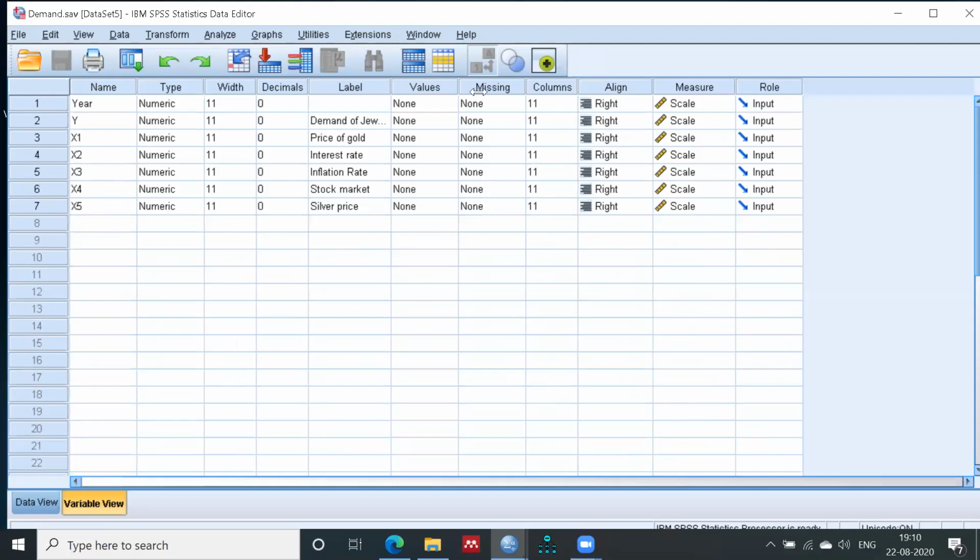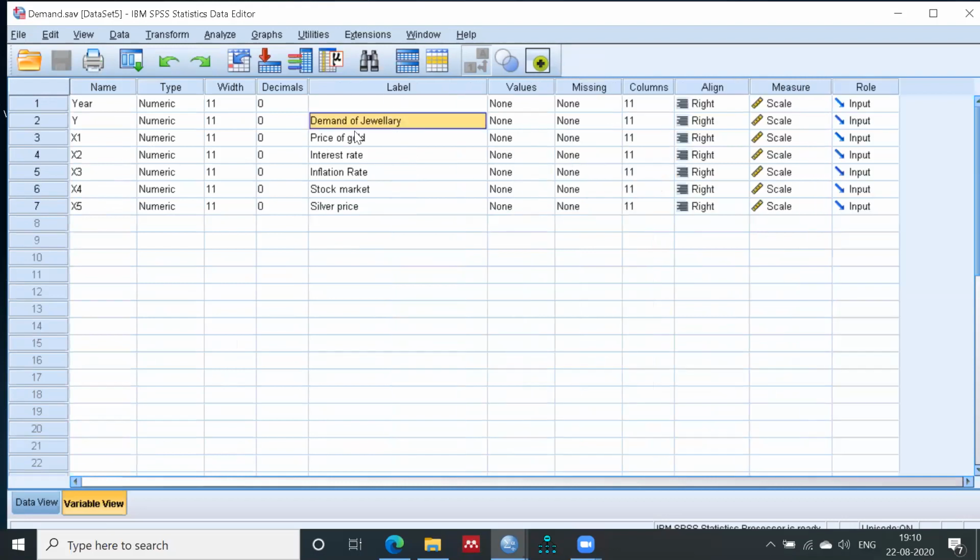In the labels, you can see y is demand of jewelry, right? Demand always depends upon different factors. And what are those independent variables? First is price of gold, interest rate, inflation rate, stock market price, and silver price. So these are 5 independent variables and 1 dependent variable.